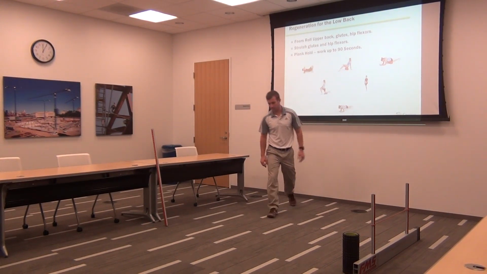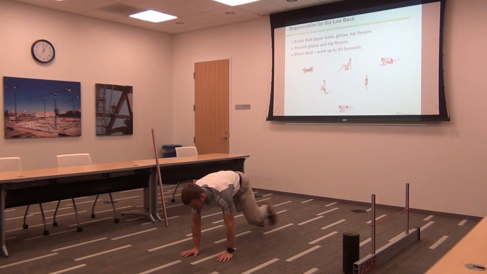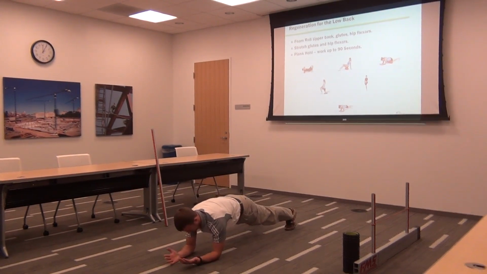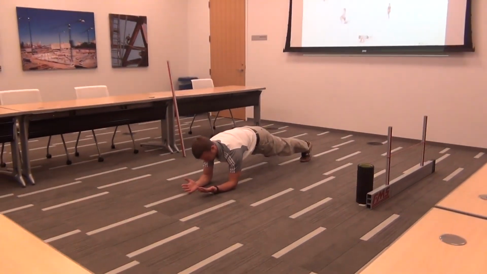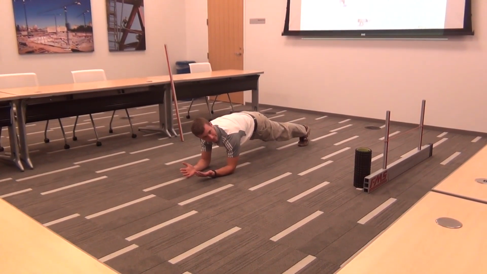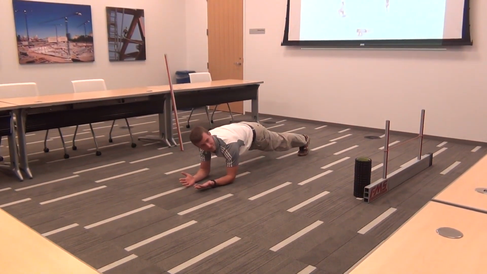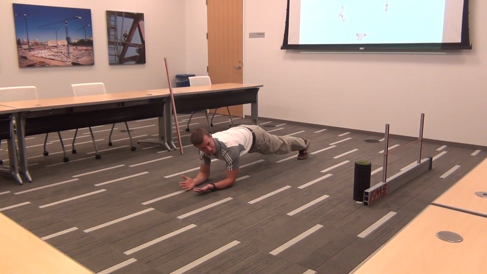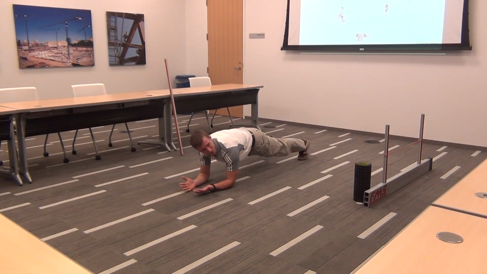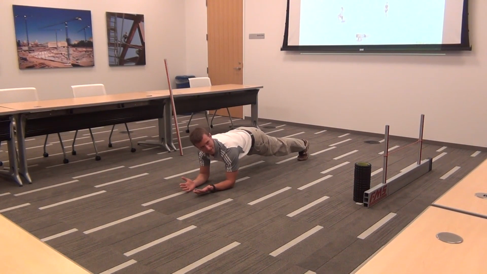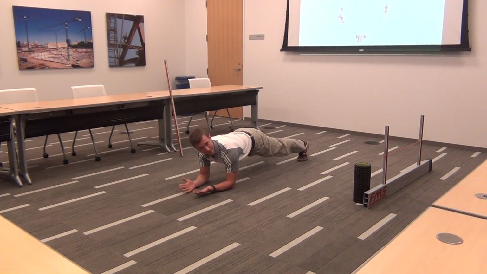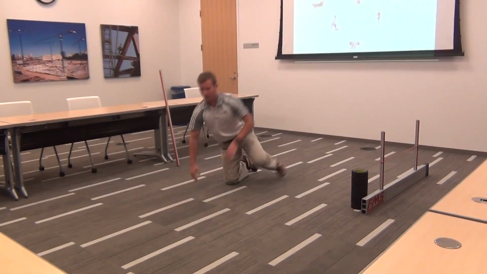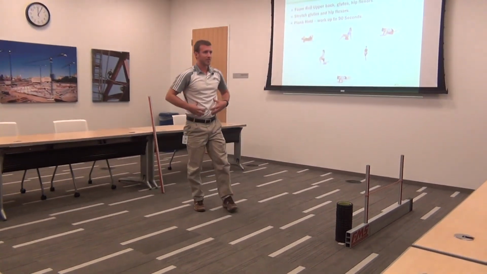Okay, so a plank. What is a plank? Exactly like she's holding it there. We're going to press our elbows into the floor, pick our hips up, try and maintain a nice straight back. If you have a mirror, that's even better, because right now, I have a hard time separating my shoulders, so I tend to round out in my upper back. So if I have a mirror, I can flatten it out a little bit better. Okay, what that does is it trains your core to stabilize.